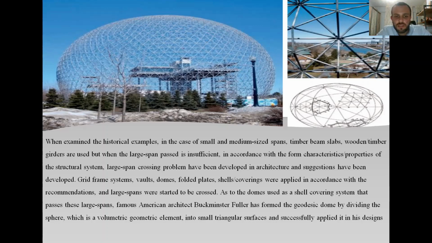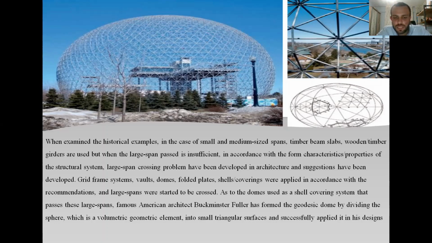Grid frame system walls, domes, vaulted plates, and shell coverings were applied in accordance with the recommendations, and large spans started to be crossed. As to the domes used as a shell covering system that passes these large spans,